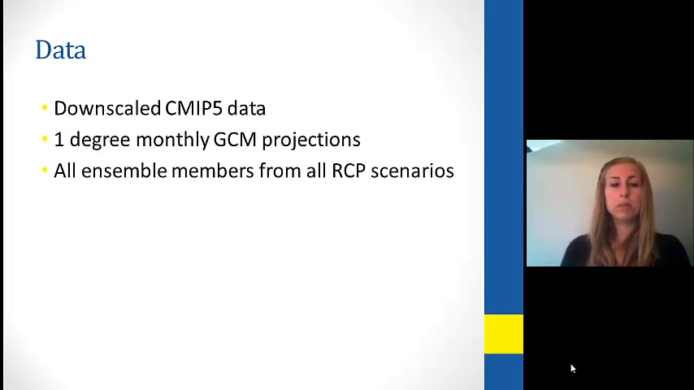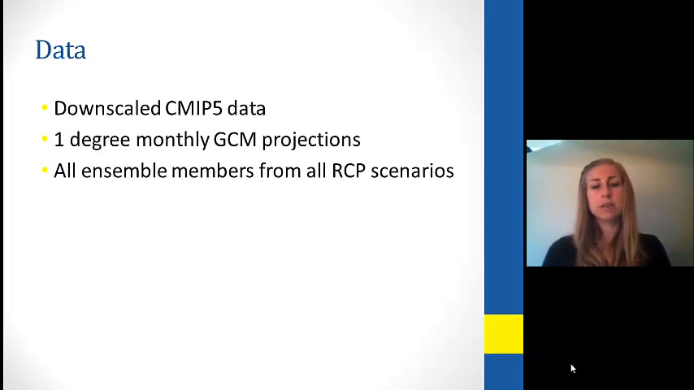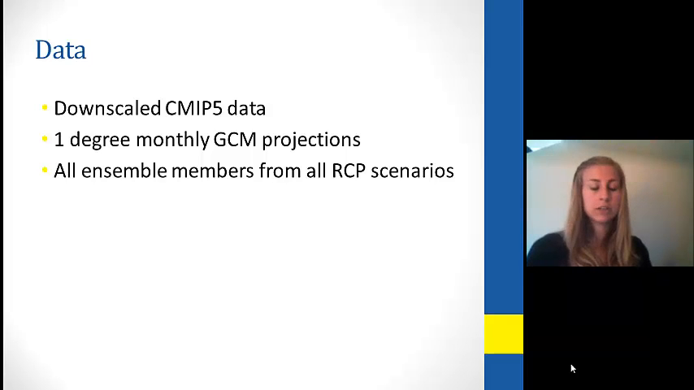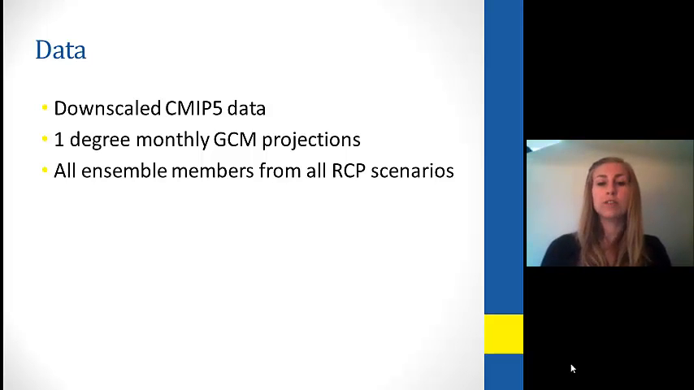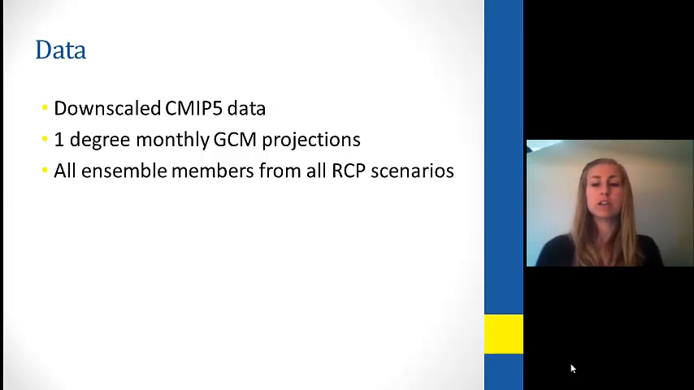These were all monthly, pulled from the downscaled CMIP5 data, and that CMIP5 model is the Coupled Model Intercomparison Project Phase 5, and it's the same model used by the Intergovernmental Panel on Climate Change in all their climate change reports. And so getting back to the data, I pulled the 1 degree monthly general circulation model projections, and because this GCM does include multiple models with multiple ensemble members, I did pull all models with all of their ensemble members from all RCP scenarios, and those RCP scenarios are the representative concentration pathways, and they represent different CO2 emissions